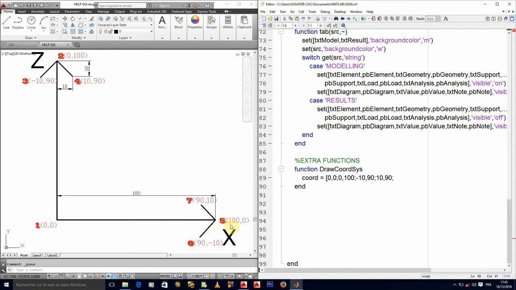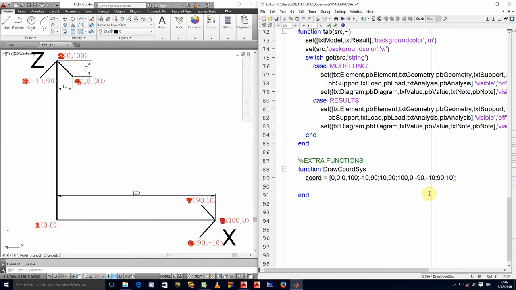For node 5, I have 100, 0. For node 6, I have minus 90 and minus 10. For node 7, I have 90, 10. Good. So that will be my coordinate matrix, right?